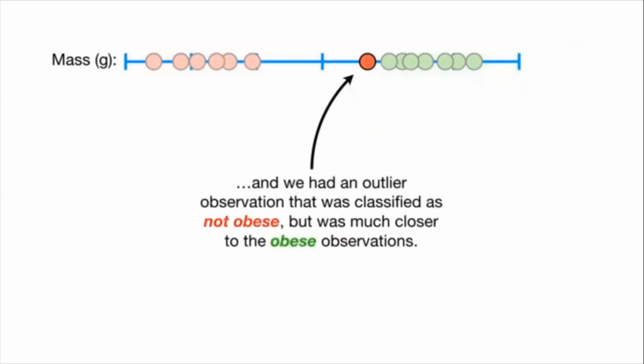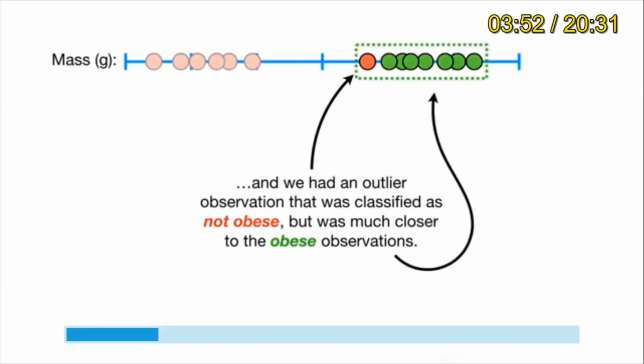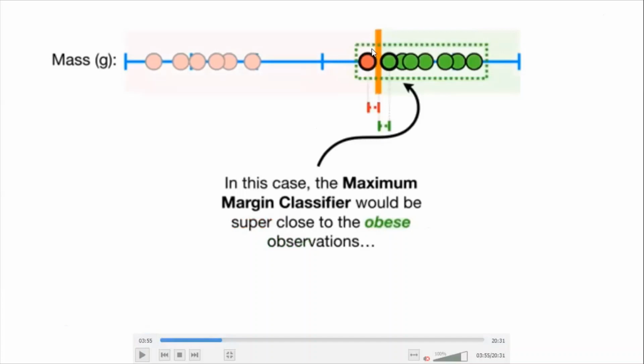The only problem with this classifier is that it's really sensitive to outliers. Just imagine this particular case, in which the edge point of not obese is here, and the closest point for obese is here. If we take the same concept of getting the edge points of the obese and not obese, your classifier will be somewhere in between. So we applied the same algorithm, but because of just one outlier, our classifier has gone crazy, because it's not going to work properly.